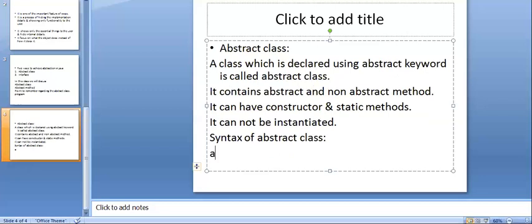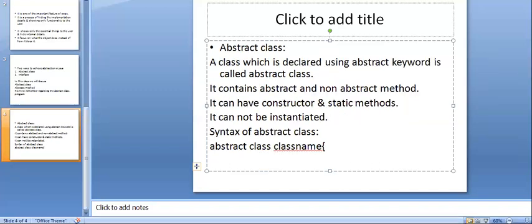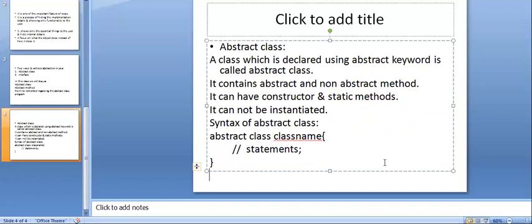We have the abstract keyword followed by class, followed by the class name.